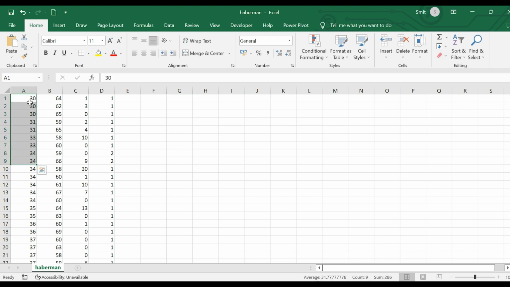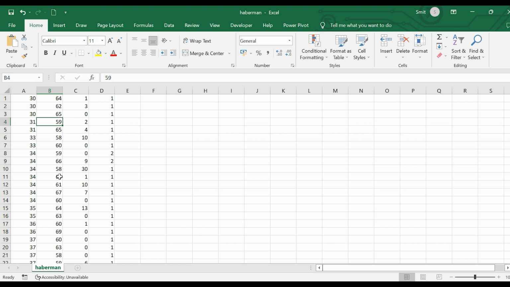The first column is the age column. The second column is for the year. The year is the last two digits of 19-something, such as 1964, 1962, 1965, 1959, and so on. This is about the data set, and here you don't have any column names written,